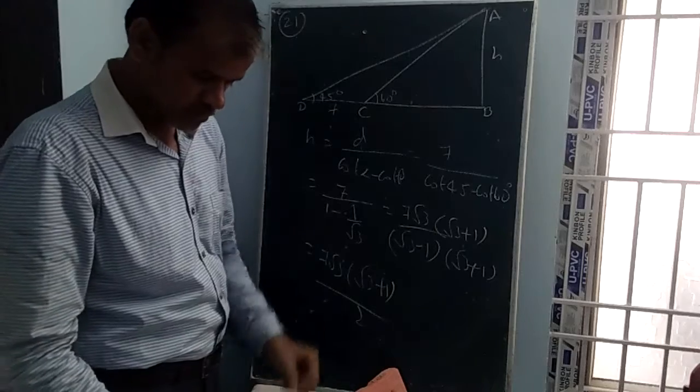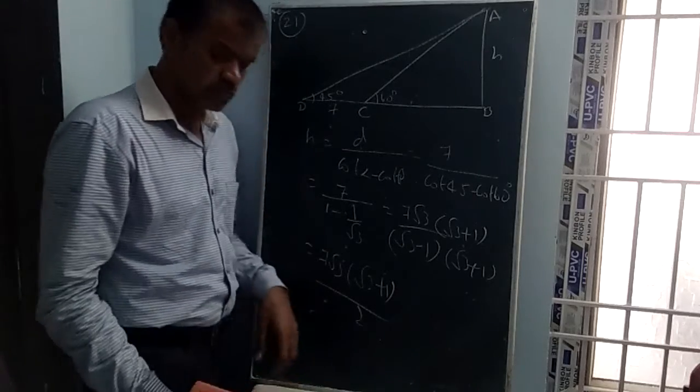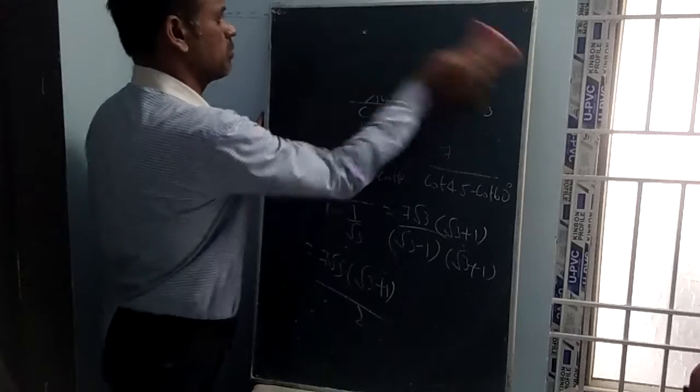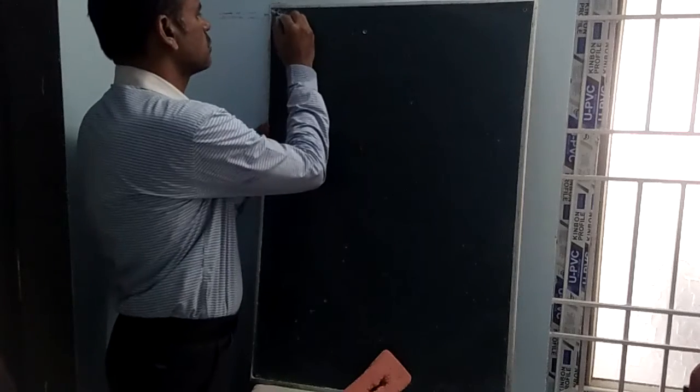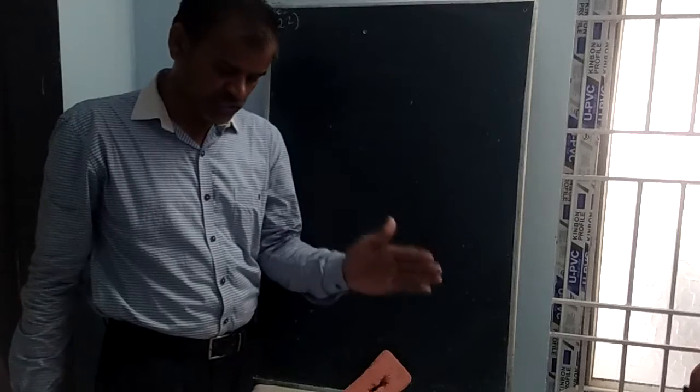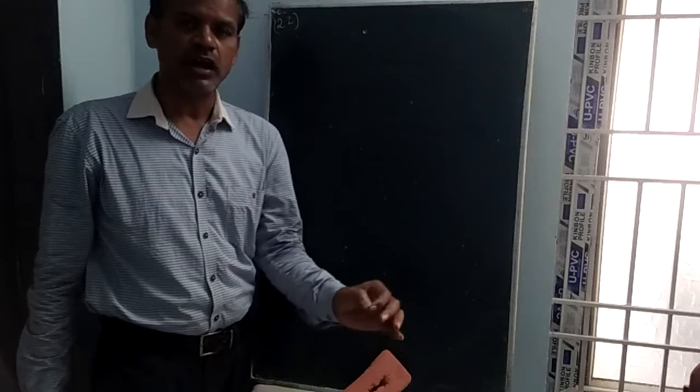First option. Now the 22nd question, the most important question. In previous days this was a most important IPE 7 marks question. In MCET this is a regular bit. A pole is slightly inclined towards the east. At 2 points due west of it, at distances small a and small b, the angles of elevation of the top of the pole are alpha, beta respectively. The inclination of the pole with the horizontal is dash.